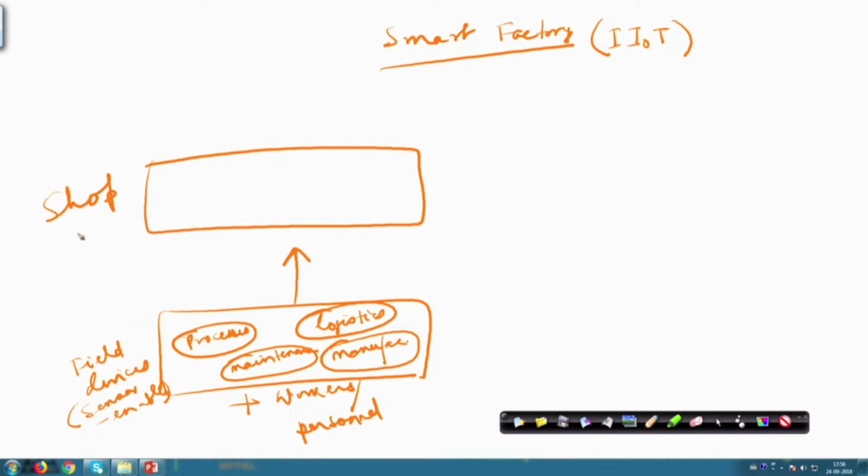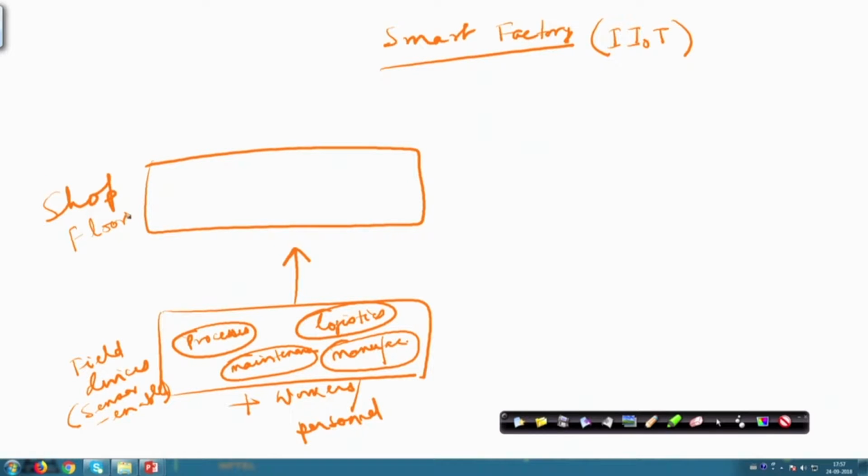These are like different units, right. Every manufacturing plant has a shop floor, different shop floors. These are different units for manufacturing, catering to the different requirements within a particular factory. The shop floor will have different controllers. These are machine controllers that might be there within a shop floor, and these machine controllers will again be connected with each other.